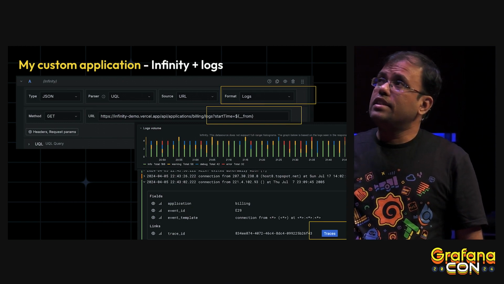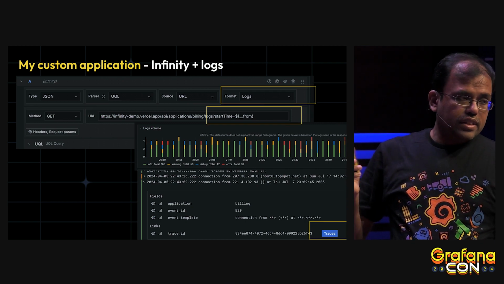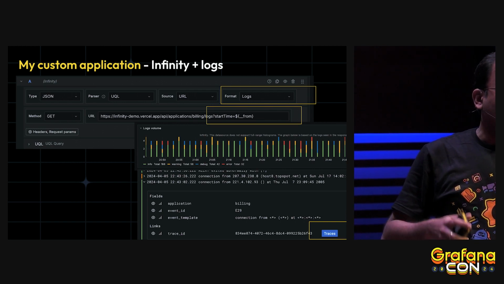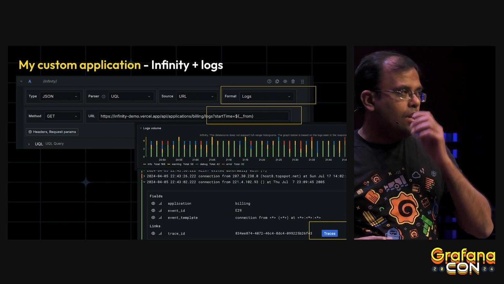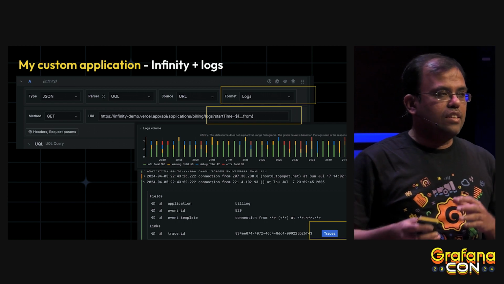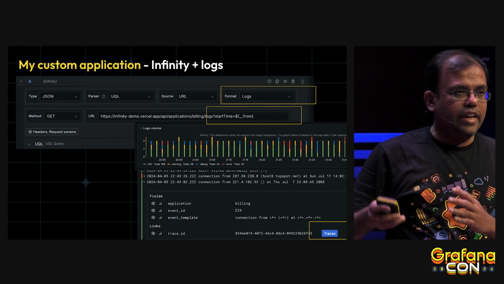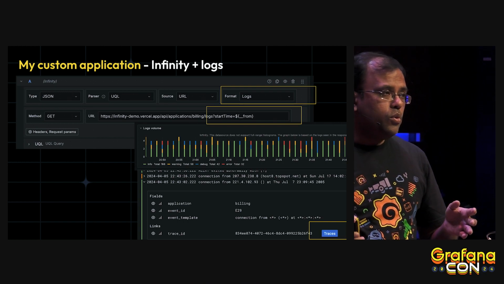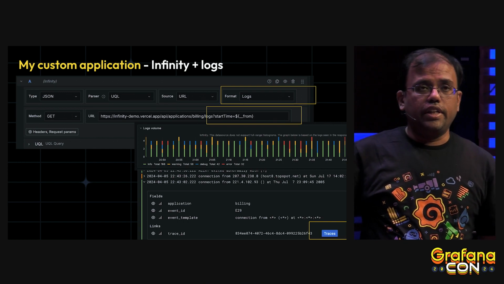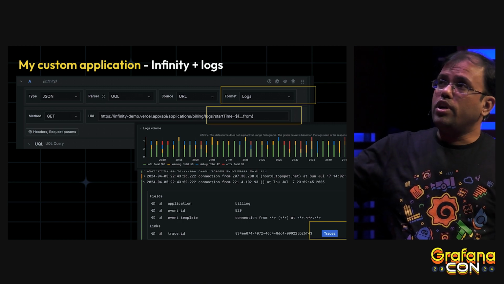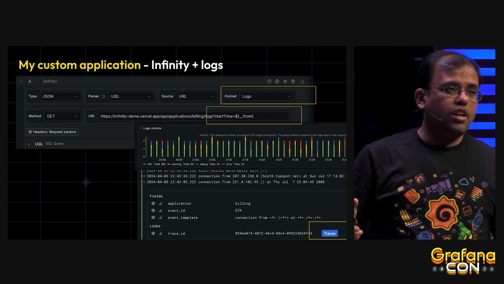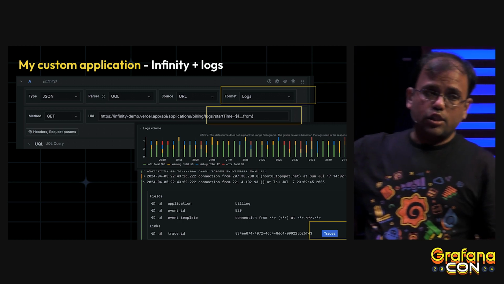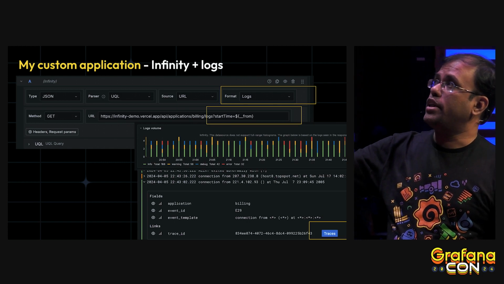Here is another example. In this example, I'm visualizing my custom application logs data. My custom application currently doesn't send data to Loki; it just exposes it through APIs, so I can use Infinity. As you can see, it's not only visualizing the logs as a table, it also displays them nicely in the Grafana logs format.